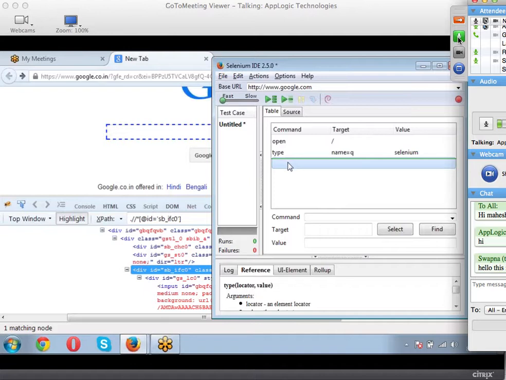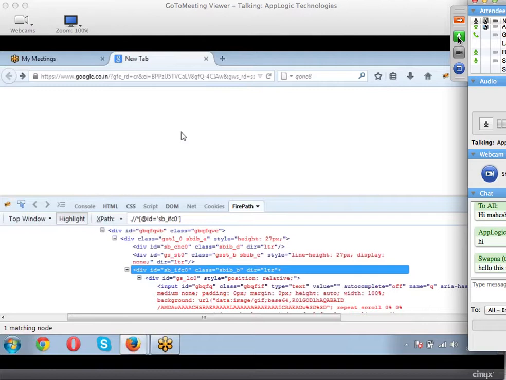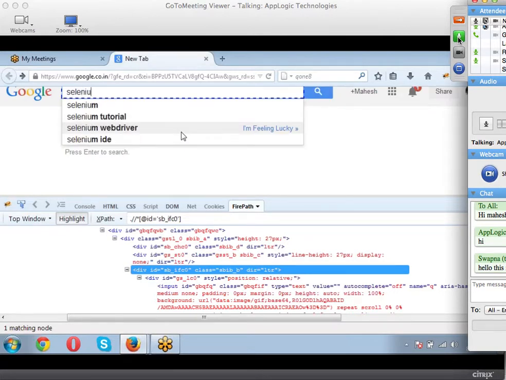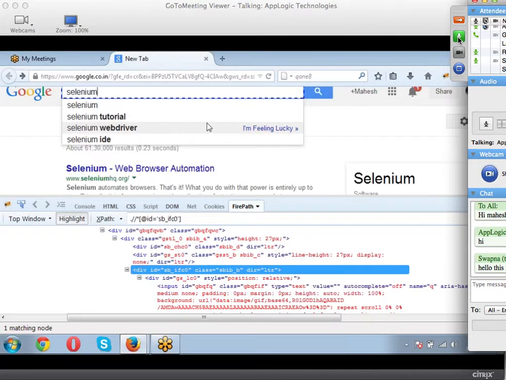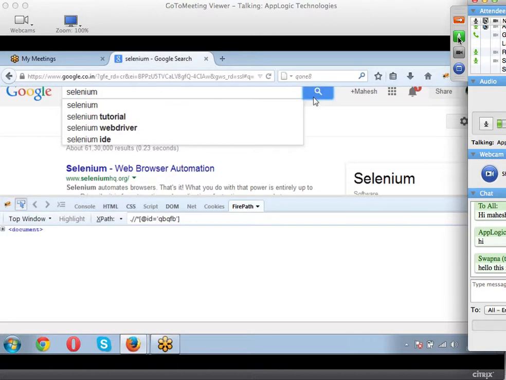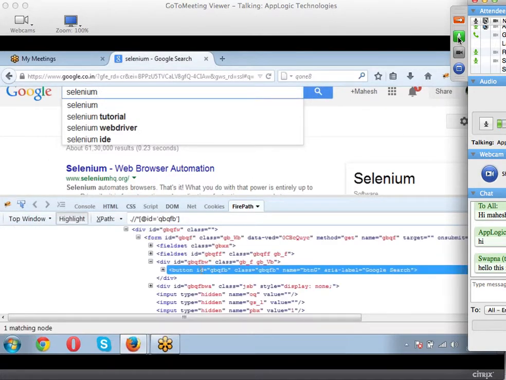And after typing in the value, the moment we type in a value in my Google page, we'll navigate to the next page immediately. That's Google's functionality. Now I have to find out the ID of this blue colored search button and then click on this button after the search text is typed. So I'm highlighting that button here. It says ID is equal to gbqft. Is it the one which is highlighted in blue color here? I'll come back to IDE. I will use a click command.